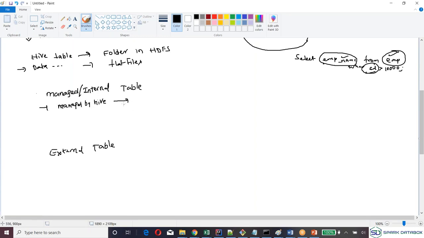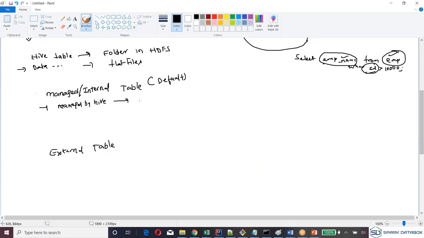When you create a managed table, and it's the default, guys, we need to understand this: if you create any table in Hive, by default it's managed unless you explicitly say it's external. I'll show you how to do that.